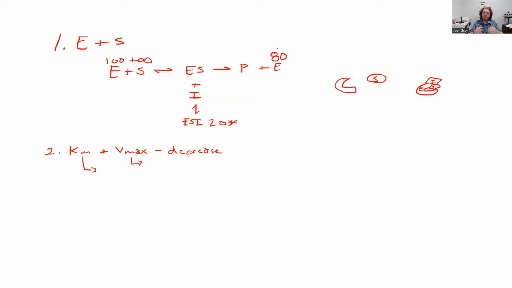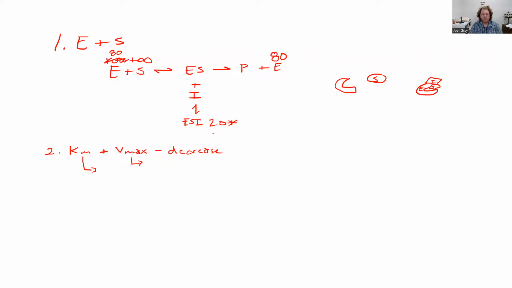So what that means is for that subsequent round, when your enzyme is going back to bind to the substrate to continue propagating, continue producing your product, well, now you've lost 20%. And if you continue doing this, in round two, rather than 100 copies of the enzyme, you only have 80